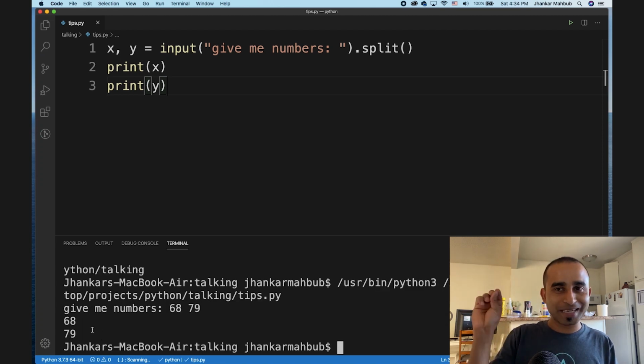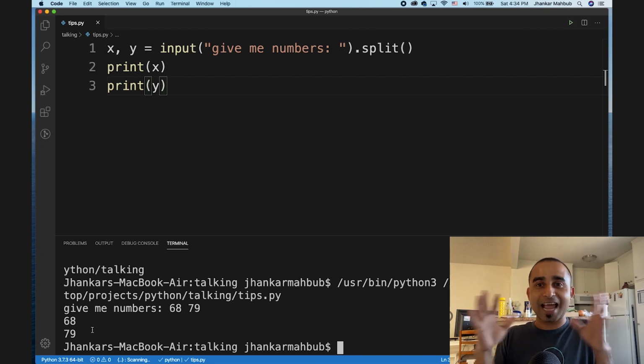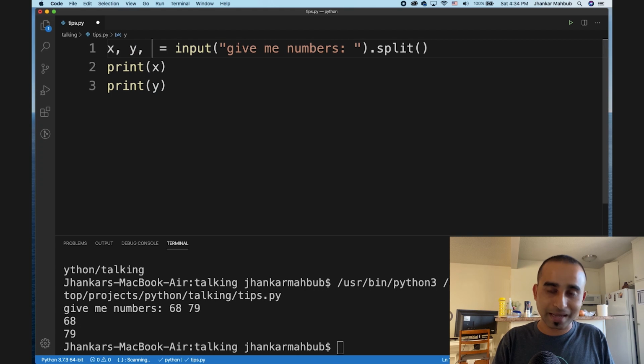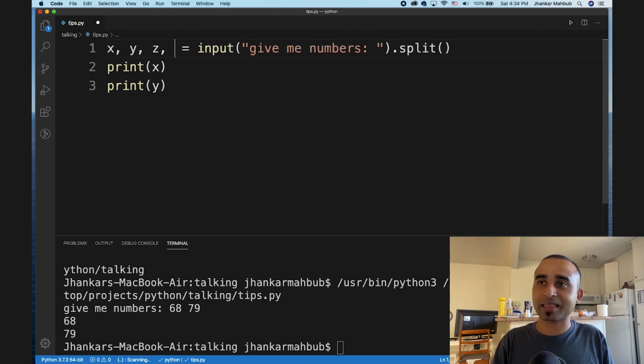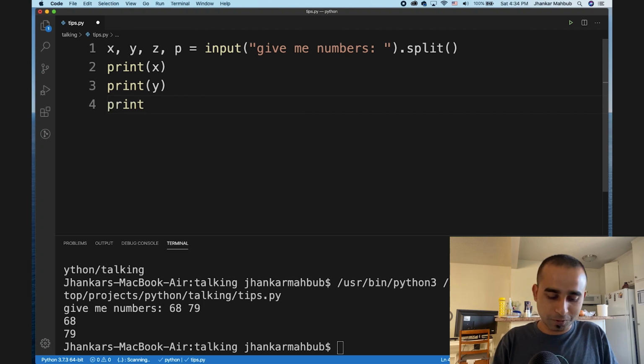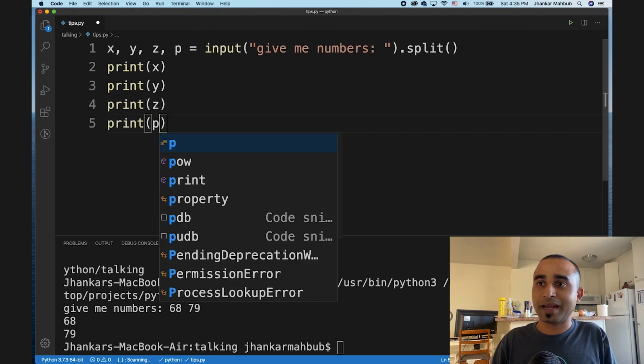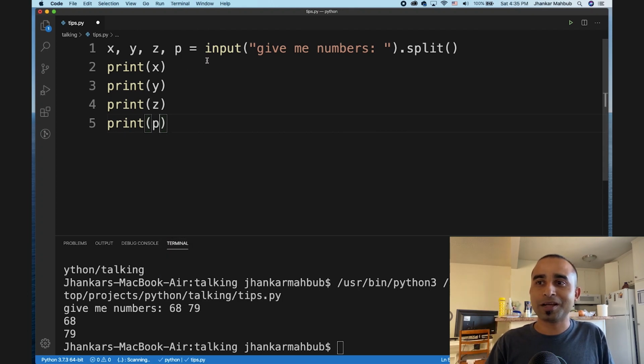So you put a split at the end and you can take as many inputs as needed. Think about needing 3 or 4, maybe x, y, z, and then p, whatever. Then you can print them. Now I will be taking 4 inputs, but I just wrote 1 input statement.